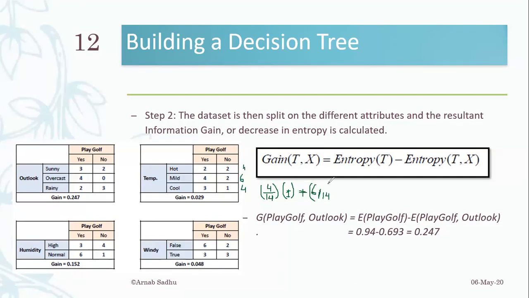Plus 6 by 14 into minus 4 by 6 log 2 4 by 6, minus 2 by 6 log 2 2 by 6.